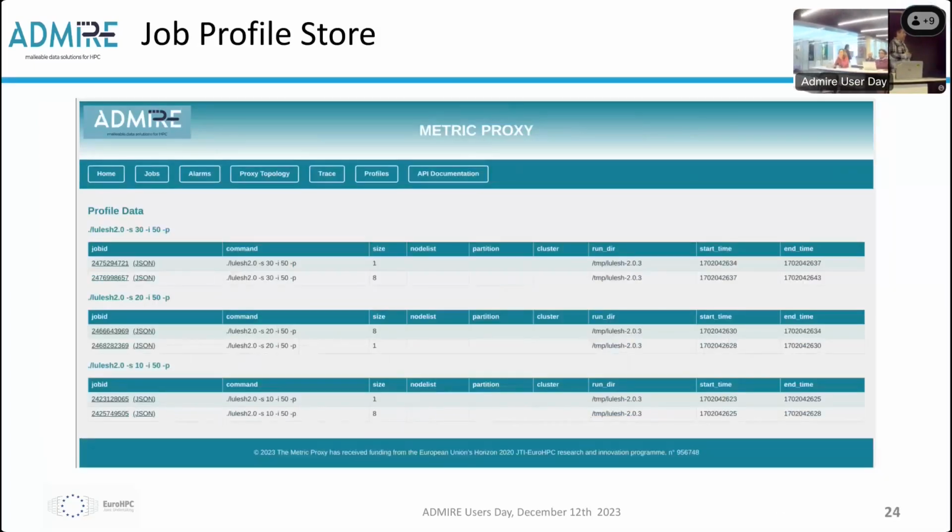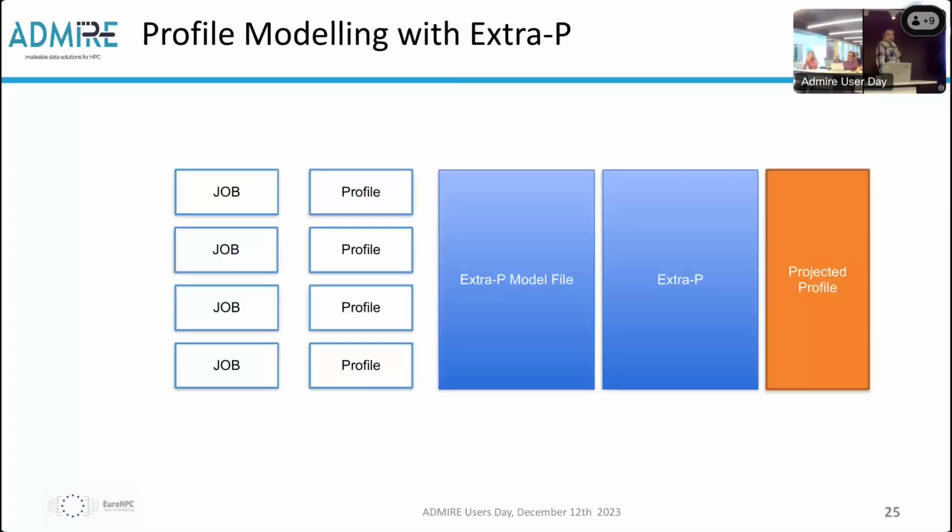When a job finishes, it is a set of counters, and it is stored in what we call the profile store. The profile store is, for each command line, the various runs which are associated to it, with, of course, the performance data stored inside. With these various profiles, we use XtraP, which is, as its name sounds, an extrapolation tool to extrapolate the value of the profiles in other configurations.